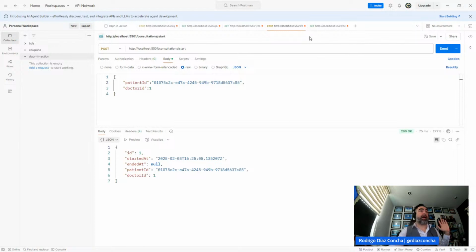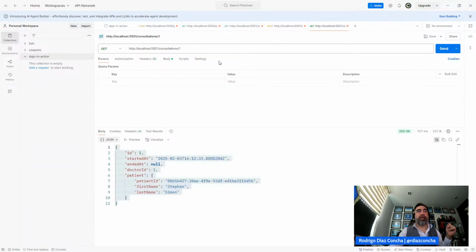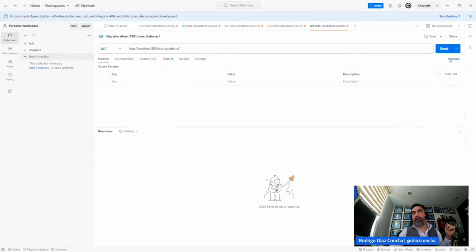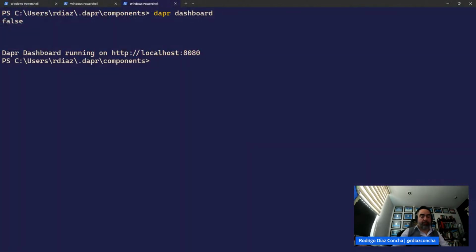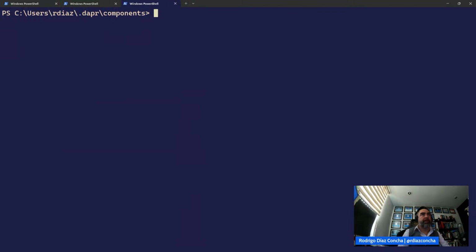So I'm starting this consultation between Steven Simon and Dr. ID number 1, and this is returning a consultation ID, which is number 1 as well. And I can go ahead and do this. However, in this particular case, the state was stored in Redis. How can I know that? Let's open up the terminal,